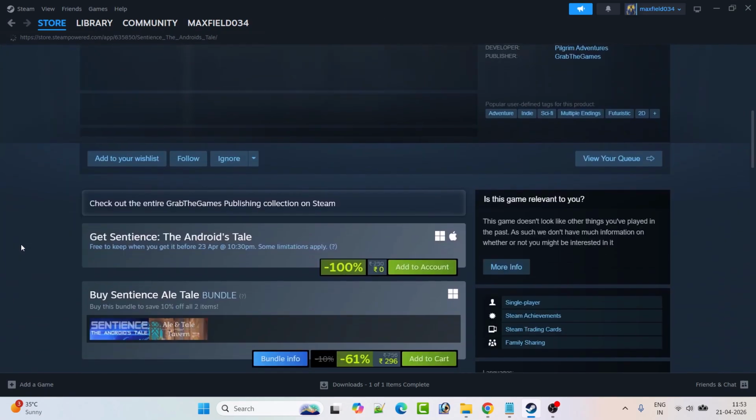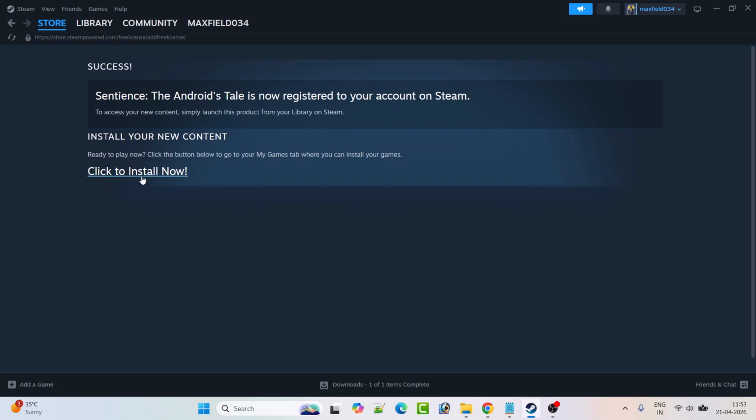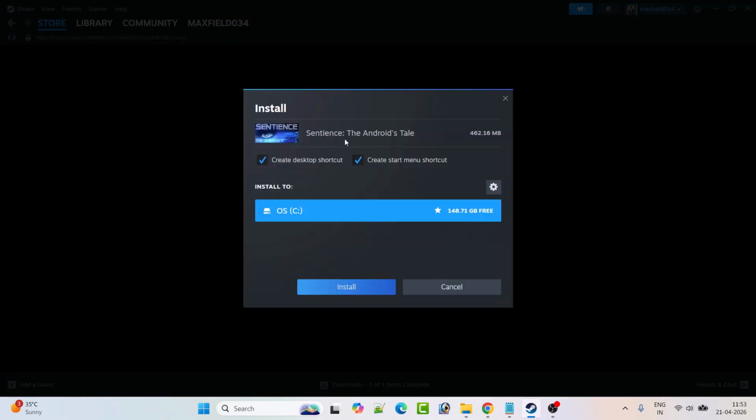Scroll down and here you will see get Sentience, the Android style game free to keep when you get it before 23rd April. So you can see that it is a minus 100% discount, and if you download before 23rd April, then you will get this game for free and you can keep this game forever in your account. So click on add to account and then click to install now, and here you will see Sentience the Android